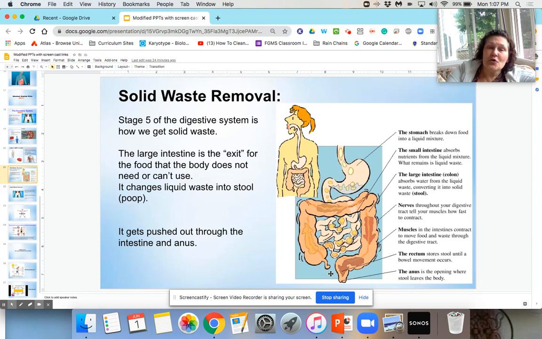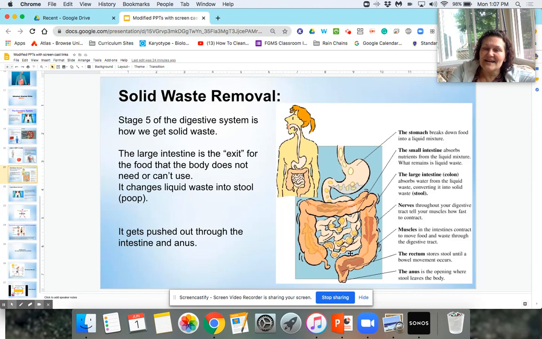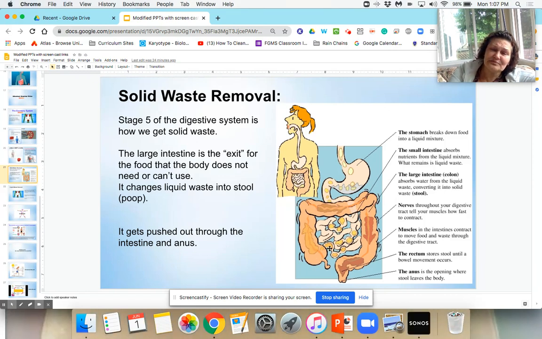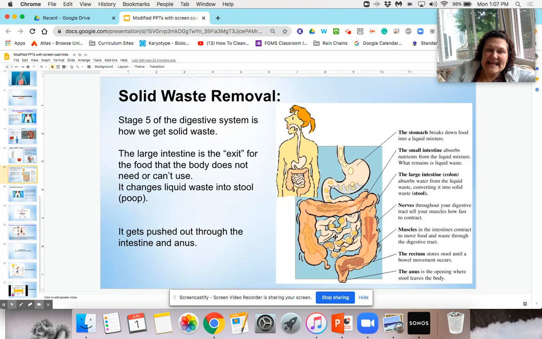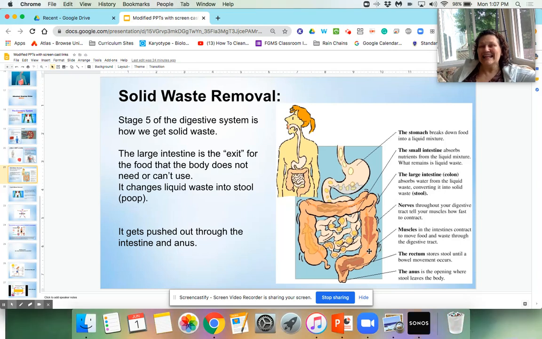And so your body has sent all of this food, right? The digestive system has done its cool thing. All of the nutrition has been absorbed through here, comes into here. This is where the water is pulled out. And so it's turned into what's called stool, right? Or feces in the large intestine. Now, here's the cool thing. It gets pushed out